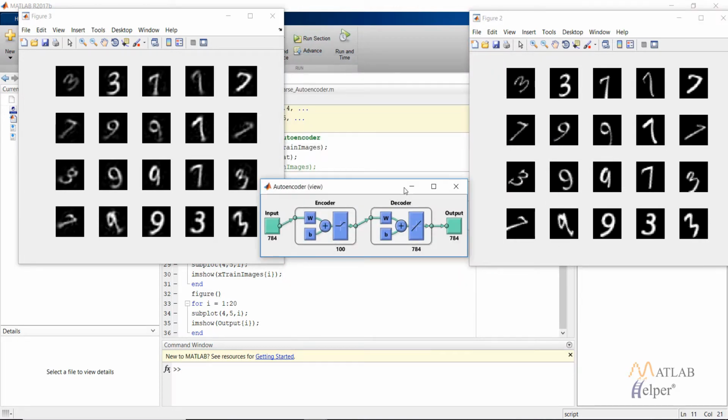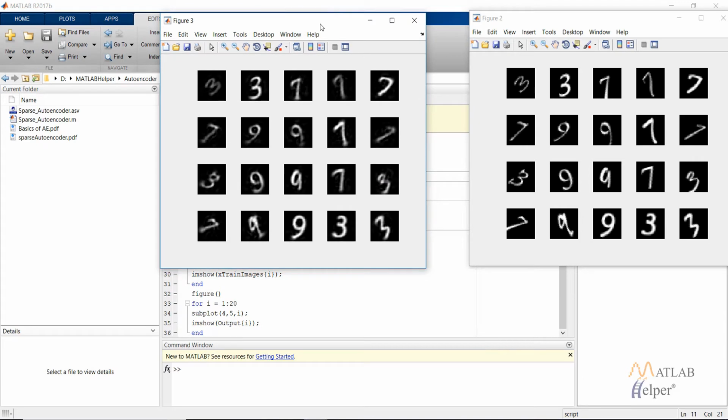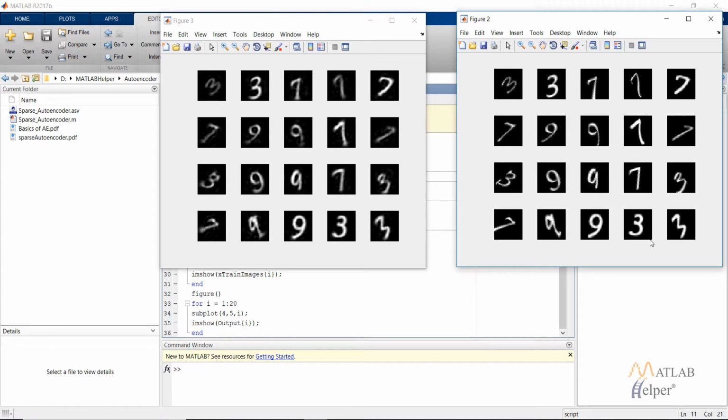And then this is the same image that I have shown you before. Finally, with figures 2 and 3, we can see that the actual input dataset image is represented by figure 2 and the reconstructed one is represented by figure 3. As you can see, figure 3 images are a little bit blurred compared to figure 2, but that is because we have compressed the data from 784 input neurons to 100 hidden layer neurons. Nevertheless, even these blurred images can be further used for classification because they are easily recognizable. We can further use these autoencoders to create a stacked deep neural network for image classification, and this will be discussed in the next video.